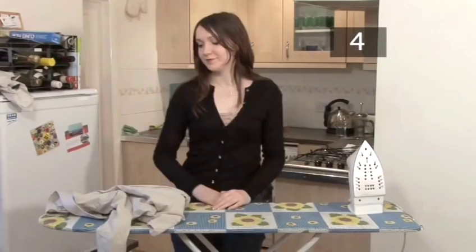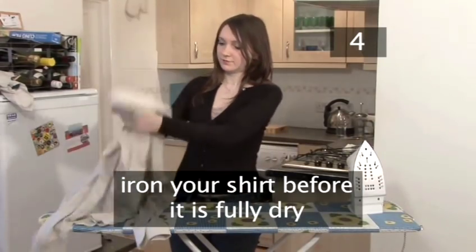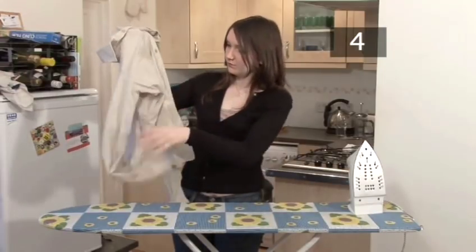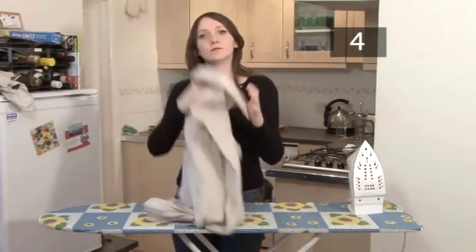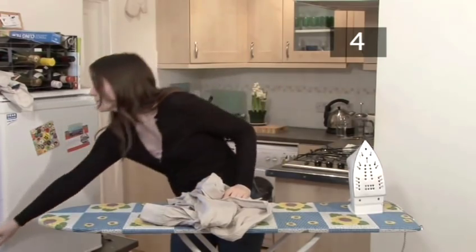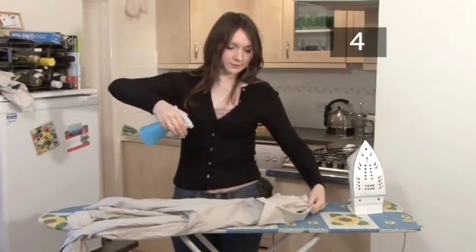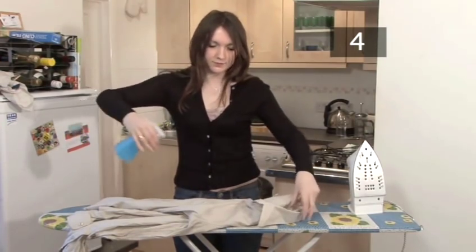Step 4. The shirt. Iron your shirt before it's fully dried, but after washing it. The creases will be easier to iron out and it's less likely to crease once you start wearing it. If you've just thrown the shirt in the wardrobe and forgotten about it after it's been laundered, you should moisten